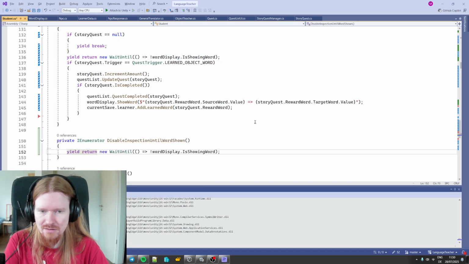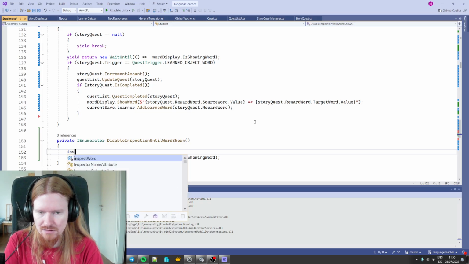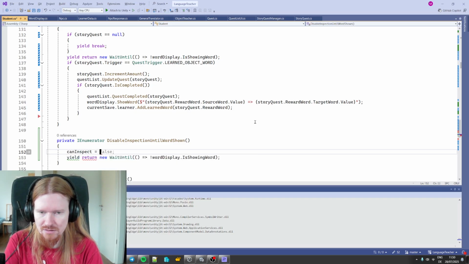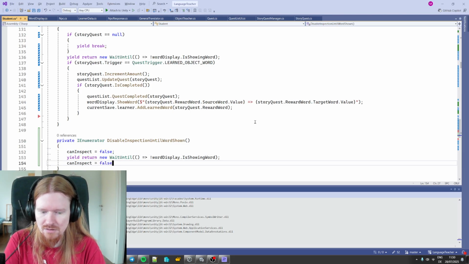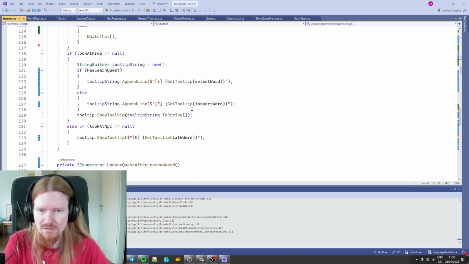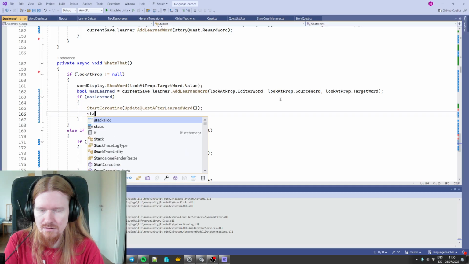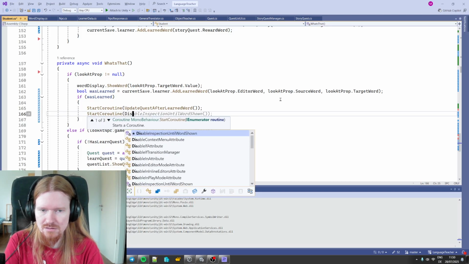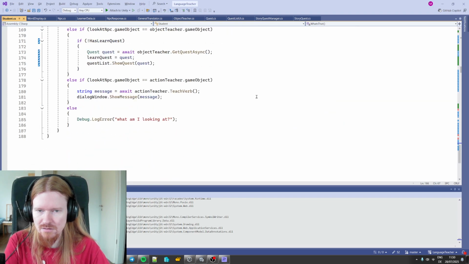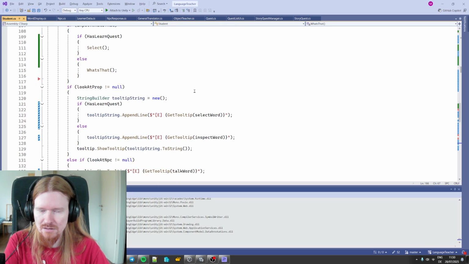Just again this can inspect is false, and then it's true again. Start coroutine, disable inspection, blah blah blah, and then here we say else if can inspect,